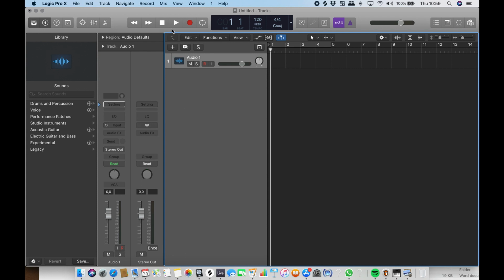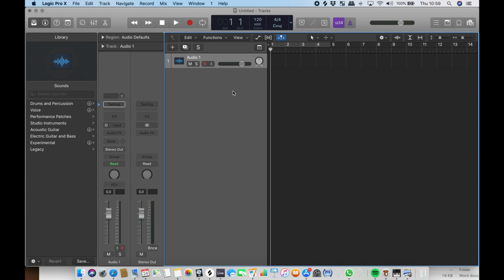At the top of your screen, you will find the transport functions, which control playback, stop and recording. To change the tempo, you can either click and drag up or down, or double-click and type in the BPM. To change the time signature, click on the box and select the desired time signature. Here you can activate the metronome, which helps you keep in time.